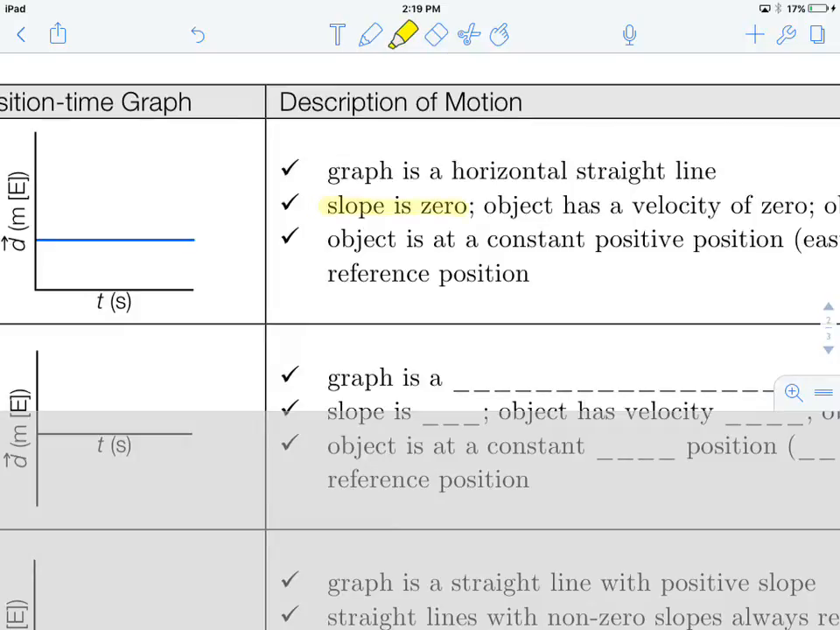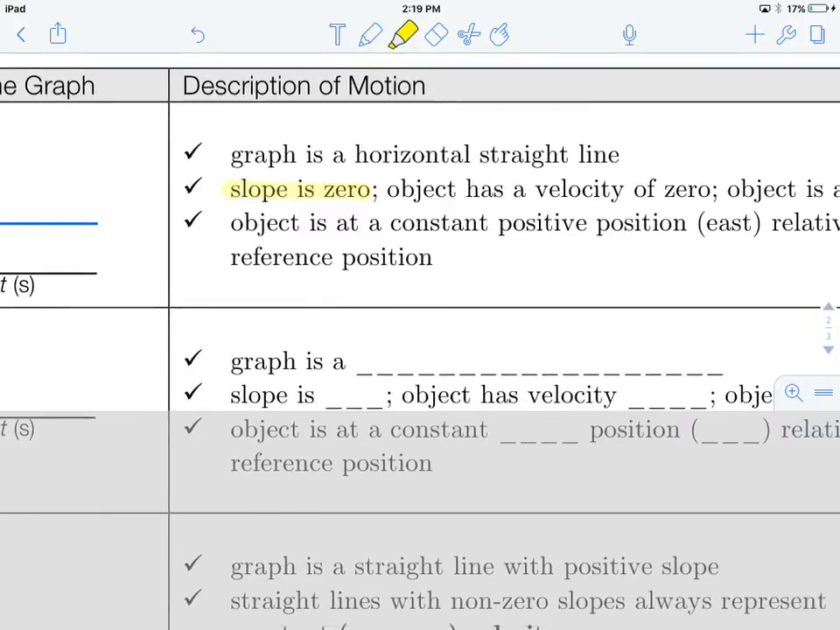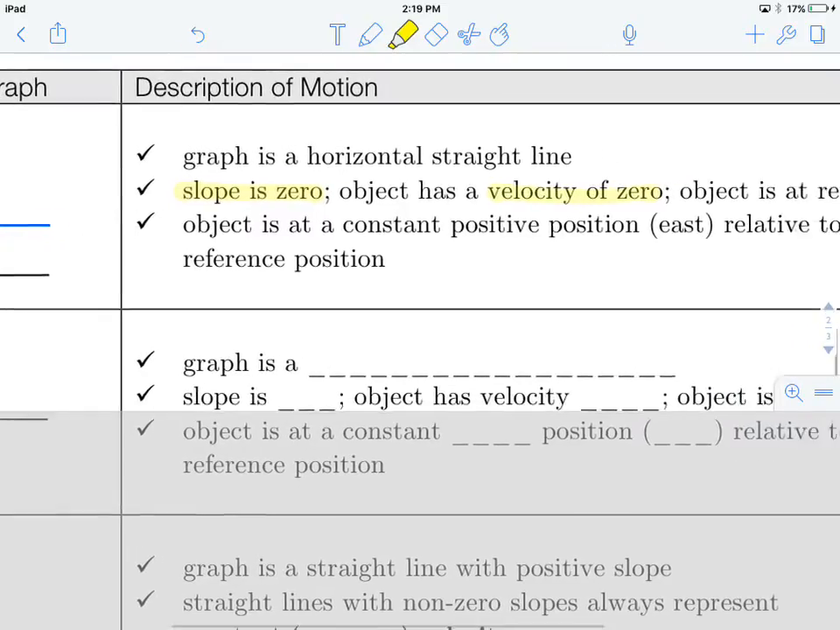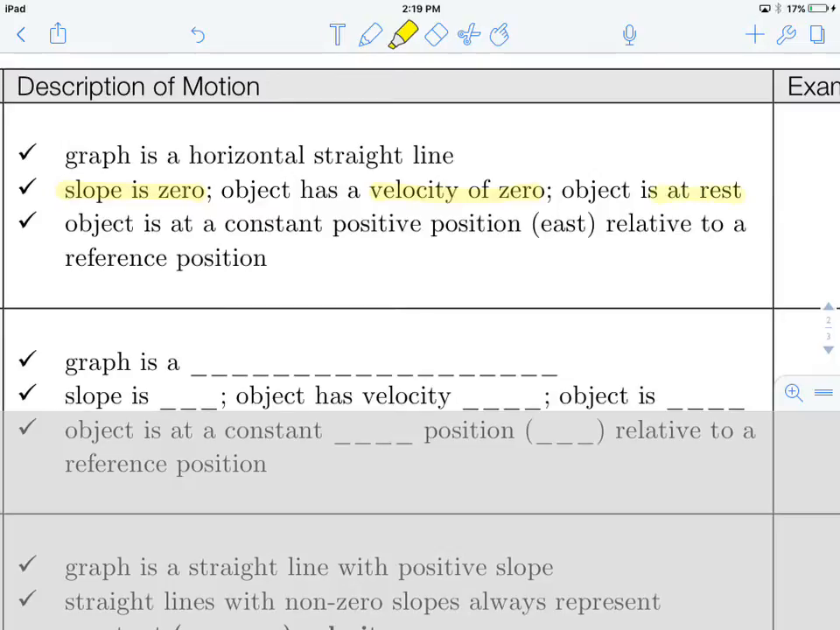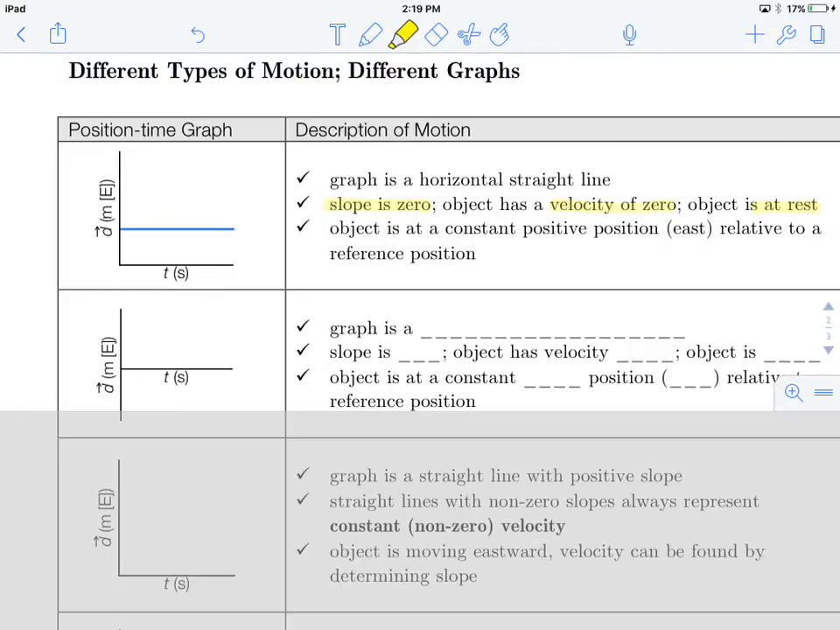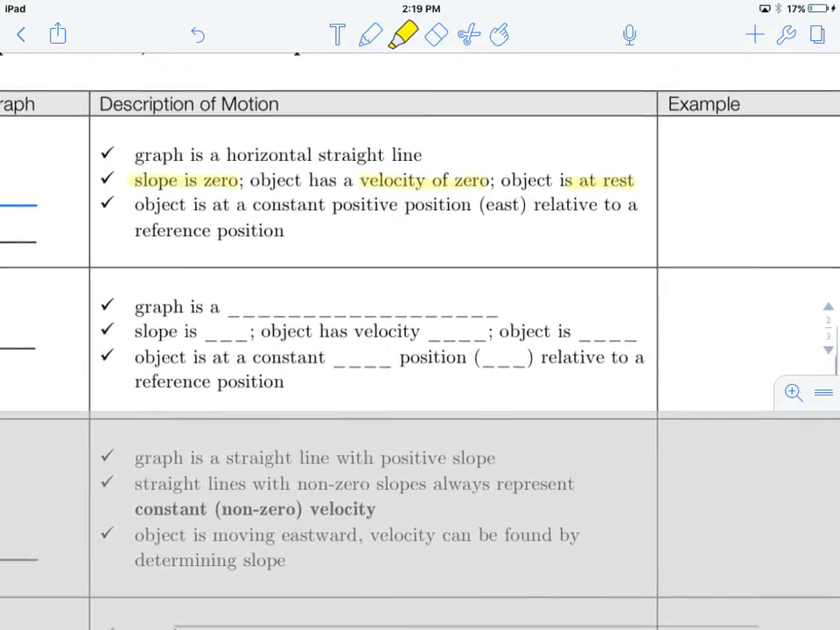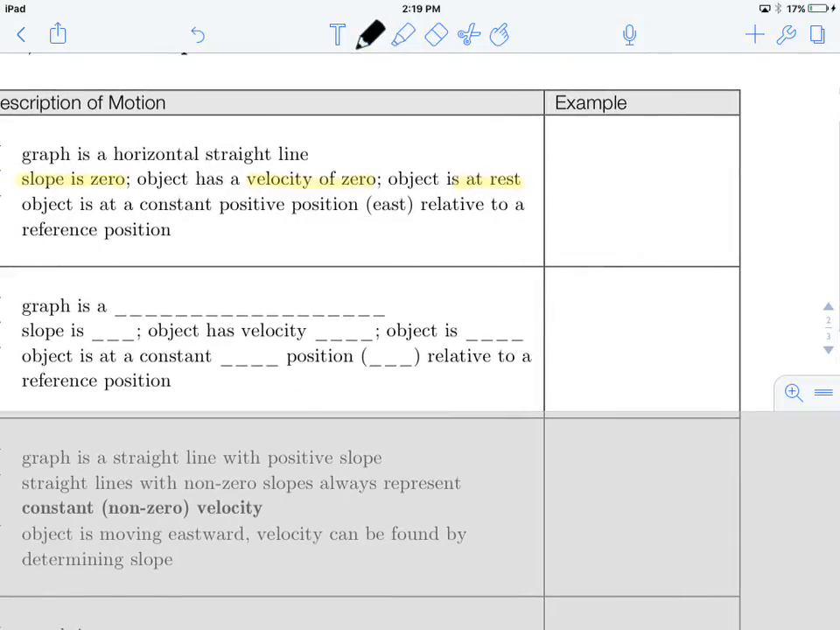line is 0, which means that the object has a velocity of 0, and we can say it's at rest. We also notice it's above the axis, so it's got a positive position. So it's east relative to a reference frame. And so we could draw a little example of this. Here's our coordinate, here's east, the positive direction, and here's 0. And here's a dude who's sitting here,